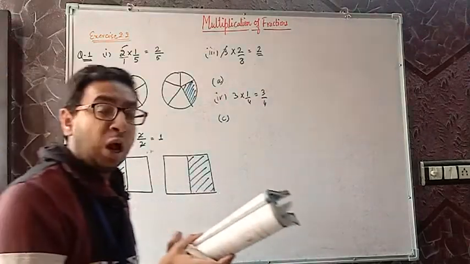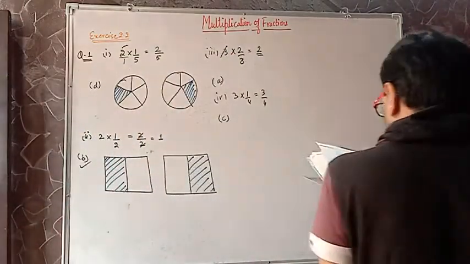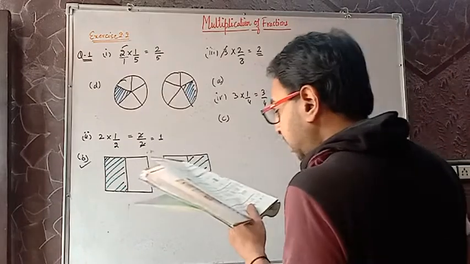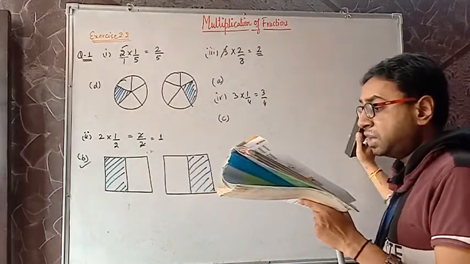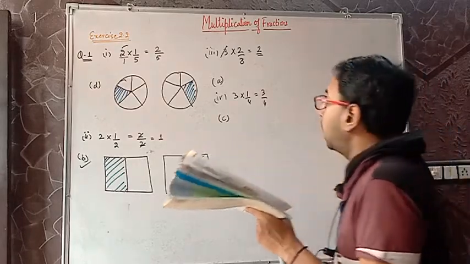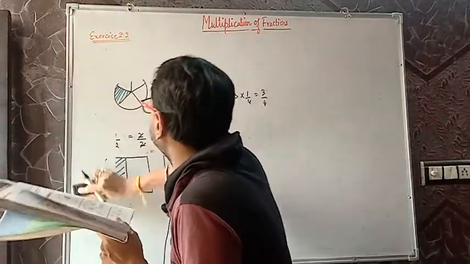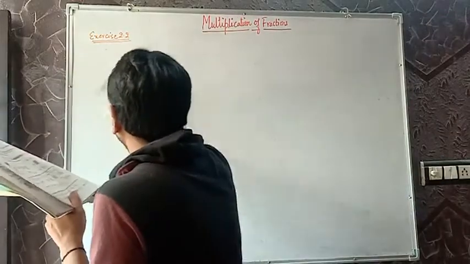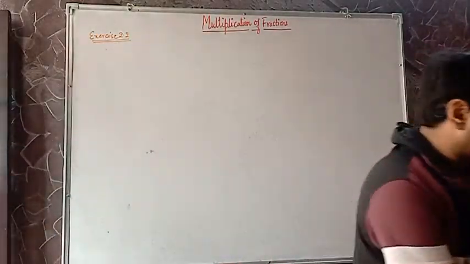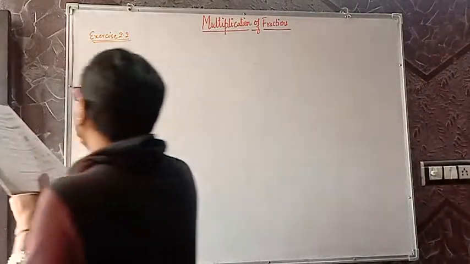Clear with the question? How to do? Next question, question number 2. Now the question is reversed. Now we have been given some pictures, A to C, given below. Tell which of them show this. This is your homework. You can do question number 2 as it is. It's same like before. Now they have solved it as the result.